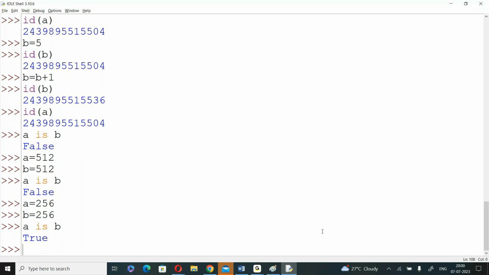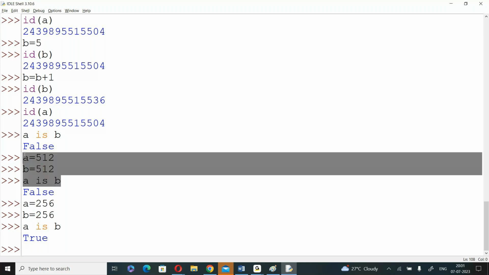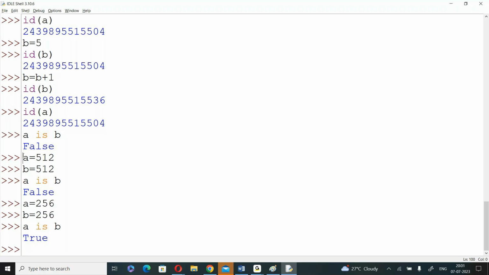Actually, why 256? 512 means in powers of 2, depending upon the system. Maybe in your system, a value 512, b value 512, a is b is True. Depending upon the system, it can take up to 2 power 8 or 2 power 9 or 2 power 10. Up to that many values, the same memory location is used. If the value goes beyond, suppose in my system from 257 onwards,